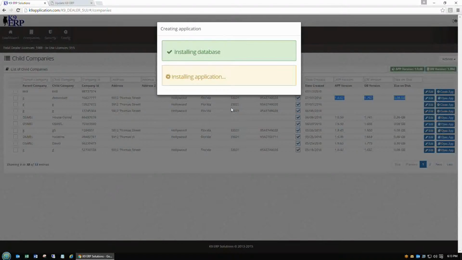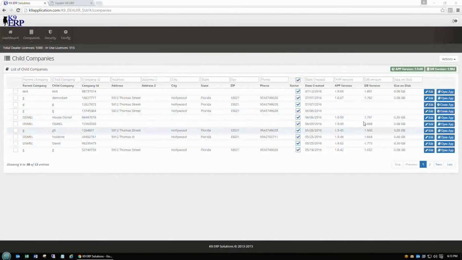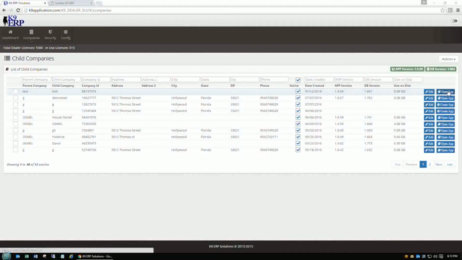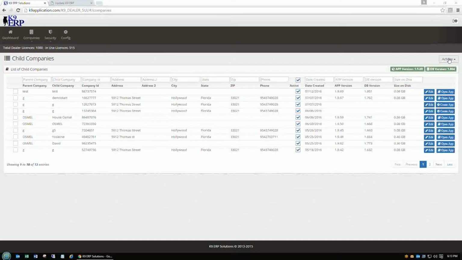This is a fairly quick process. It takes a couple of minutes. There we go. Now your customer will be able to go ahead and open the application. Before we get to that though, let's go over a few quick things that we have within the rest of